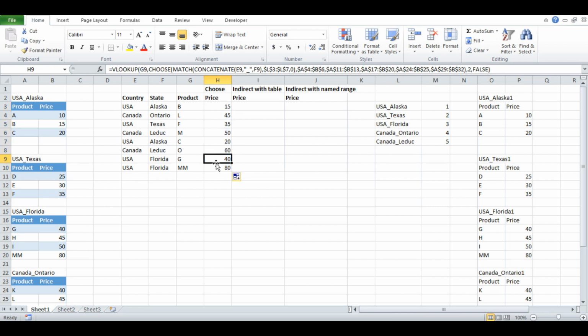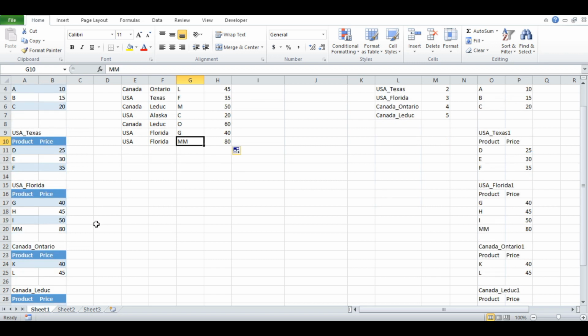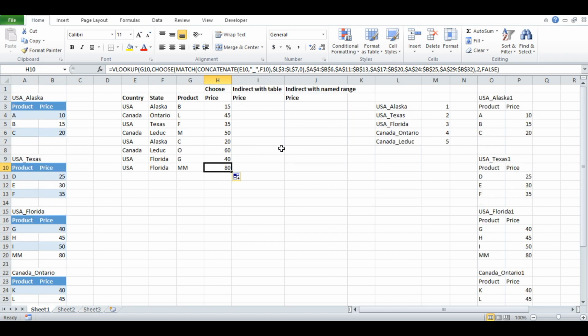So I got the pricing of all these products out of these 5 tables. Like see, US Florida, this product, here is the pricing for this. So this is the CHOOSE method where we have used multiple tables under